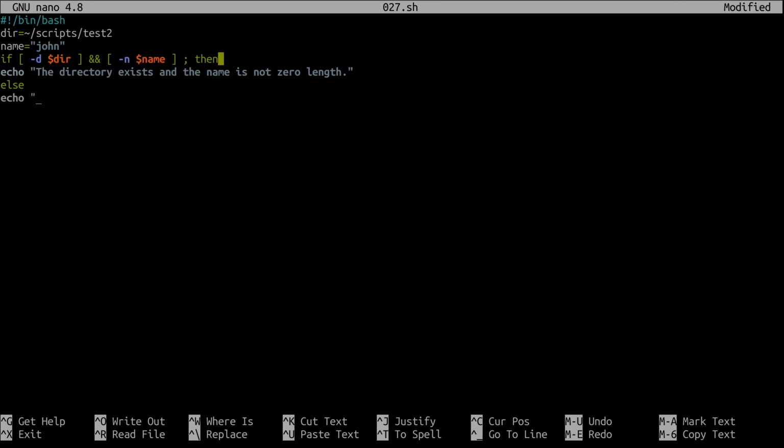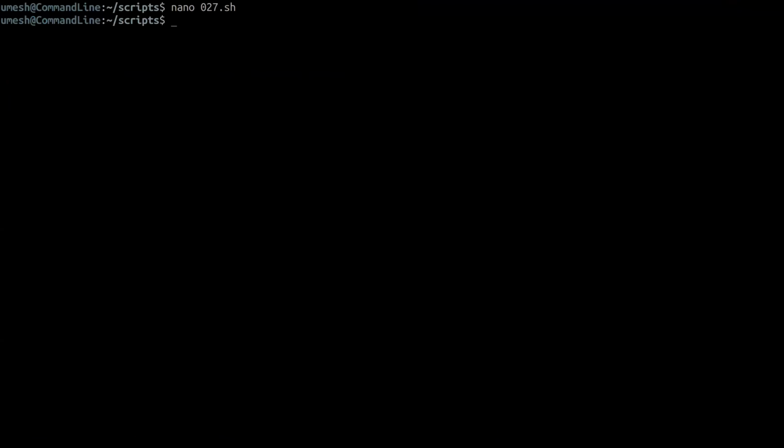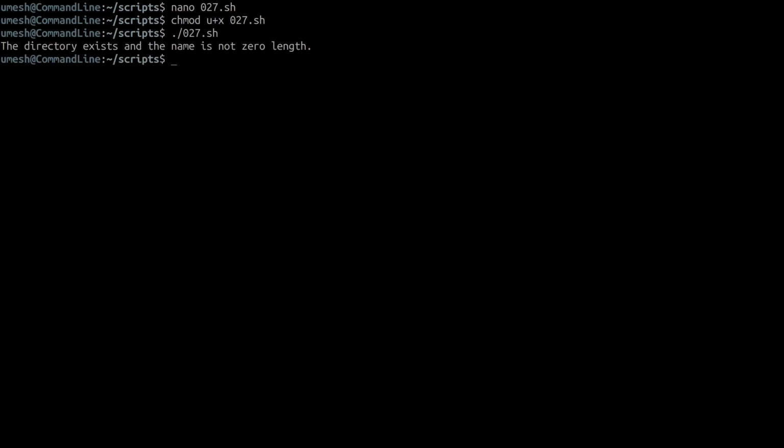Else one of the tests failed. If one of the two conditions didn't satisfy, then we are going to print this line, close. Yes. The directory exists and the name is not zero length.